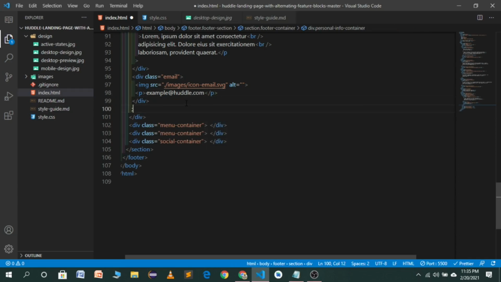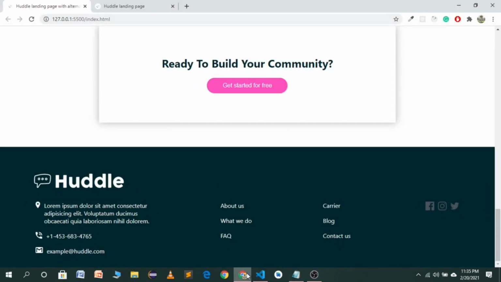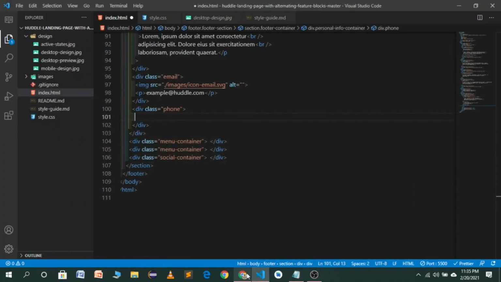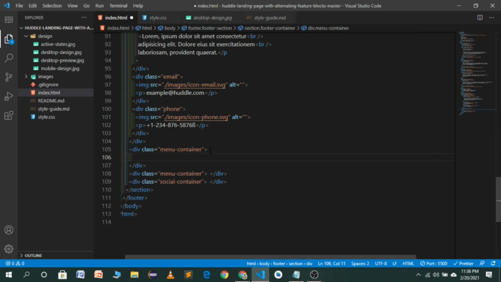So the third container in the personal info container is phone. So as you will see, we have a phone, and first of all I will import the icon of phone, and the second one will be a p tag, which will be a paragraph. So I will write a demo phone number. Now I will save this one,